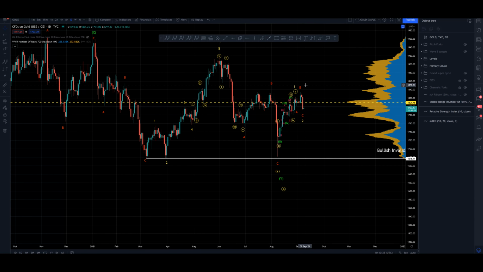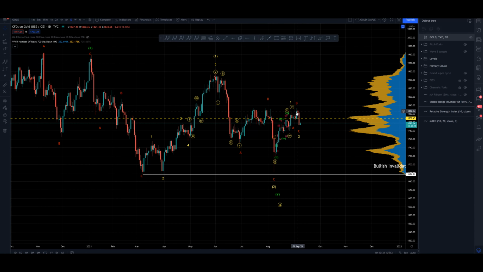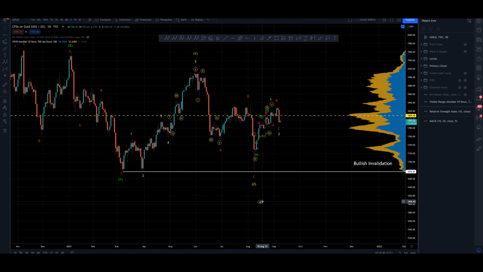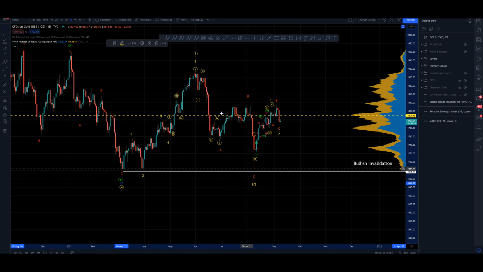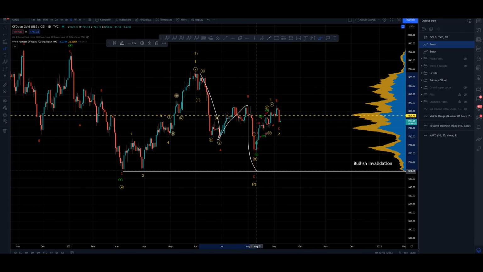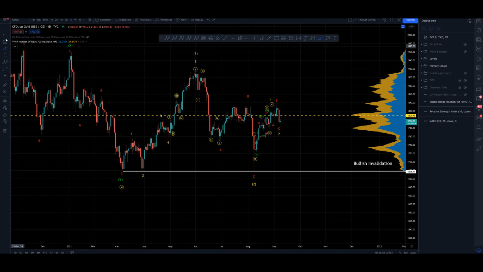Here's an impulse coming off the low. Now that could still be the case in the double combination here. We'd have to recount how we're looking at it, but that could be a possibility. But since we got a retracement which did not create a new low, in other words, it was a retracement, not another impulsive move down, and there's no arguing, I think, that we can look at it as anything other than a 3-wave move, we have to consider it corrective. And therefore, this is an impulse into a 1. This is a corrective move into a very deep 2, retracing over 90%, but not more than 100%. So it is a legal wave 2.